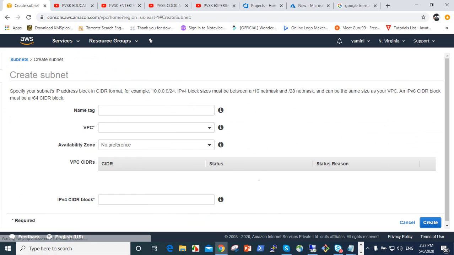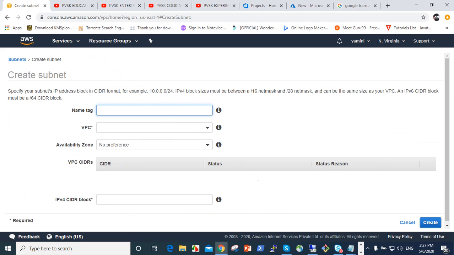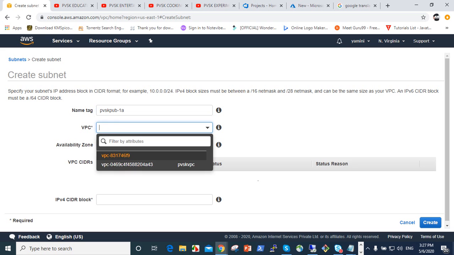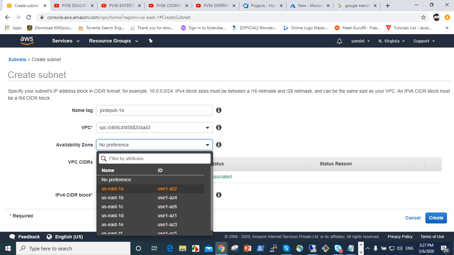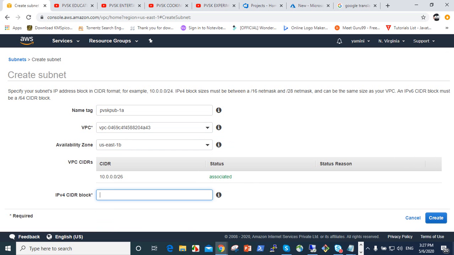And also go to the same, PVSK pub 1A like this. Then go to the same VPC and take 1B, another availability zone, and it's added into another number, that is 32, so /28.